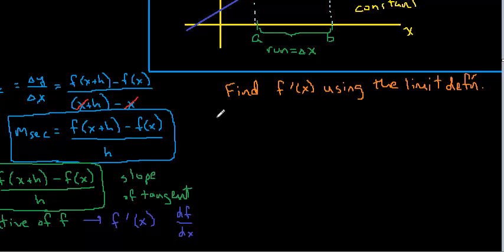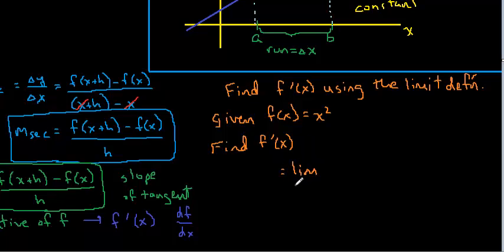And what that means is you might be given f of x, some formula. It could be f of x equals x squared. Then you need to find f prime of x using this limit definition. The limit as h approaches 0 of f of x plus h minus f of x